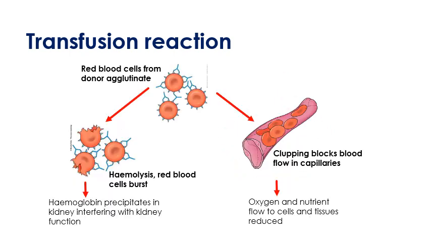In a transfusion reaction, the recipient's antibodies will bind to the antigen on the donor's red blood cell. So you can see there's binding of the antibodies to the antigens. These antibodies will bind to the antigens and to one another, which will lead to the red blood cells getting stuck in your capillaries. That can lead to blockages in your capillaries, which can decrease oxygen and nutrient flow to certain